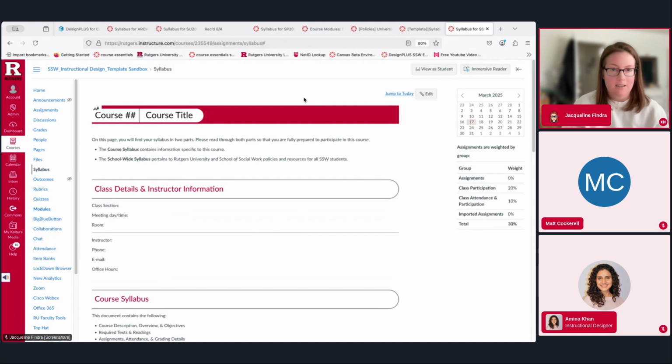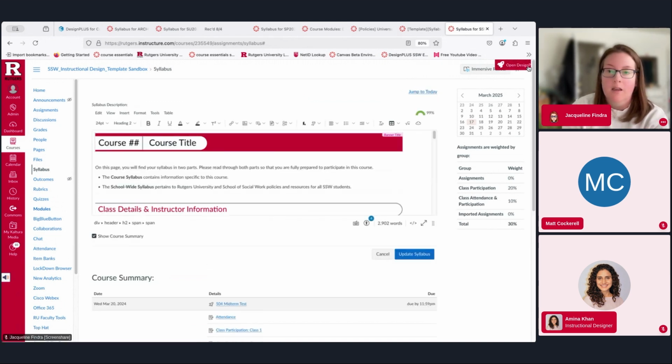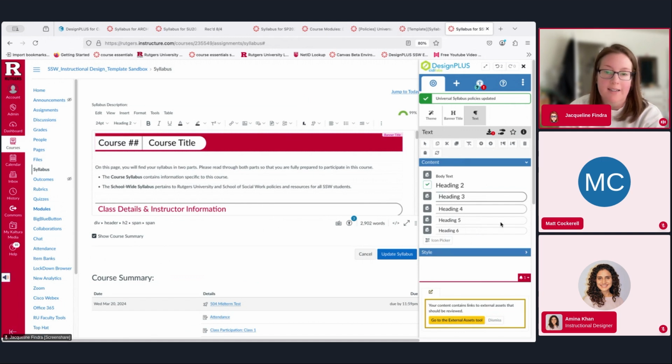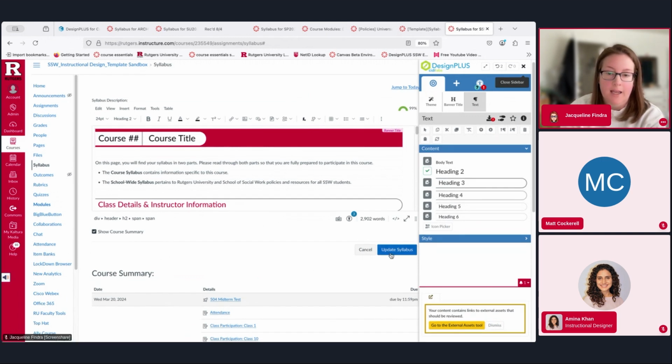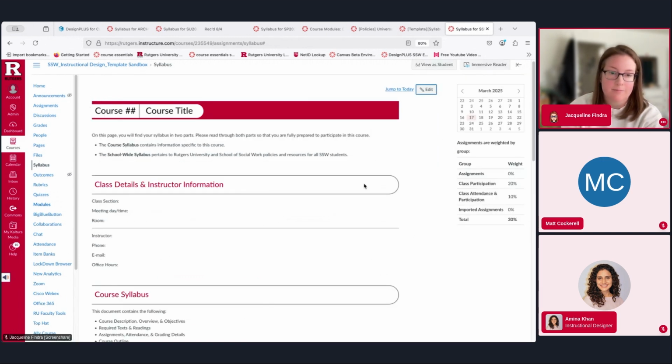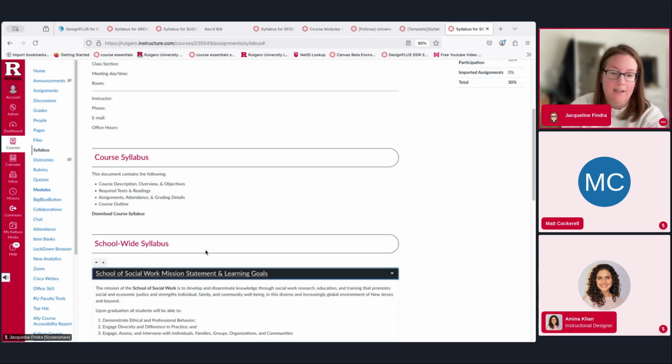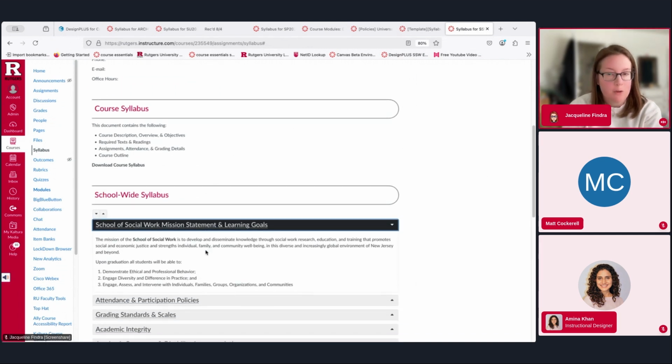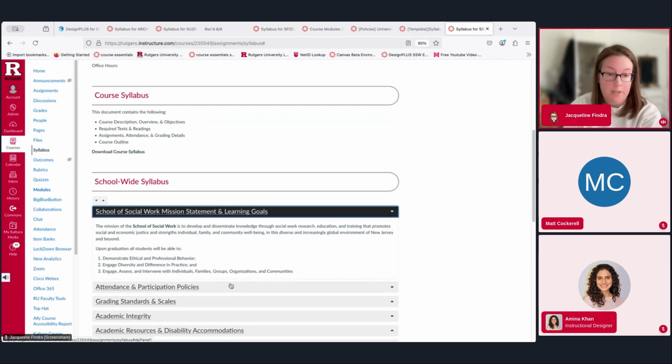But we can then make sure that it is in all of the templates before we copy to the live sections for fall. So what we would simply do is hit edit. Importantly, make sure that the toolbar is active and hit update. And there it is. So you do have to intentionally go in and hit edit and update with the toolbar active, and any changes made to this policies portion will be pulled through and now made active in those